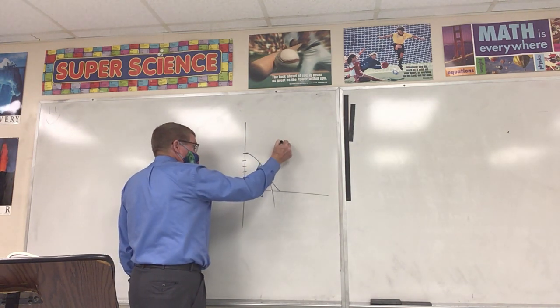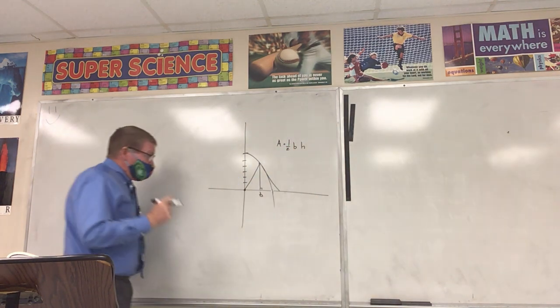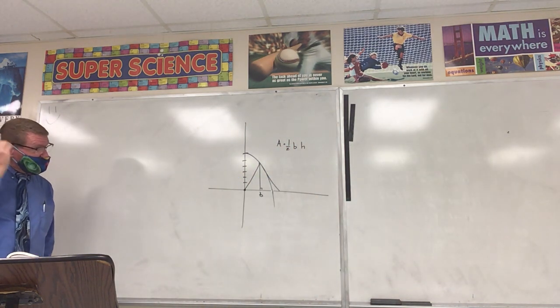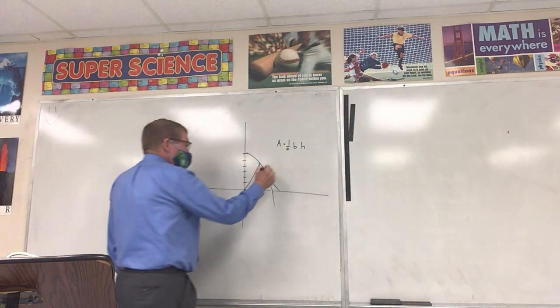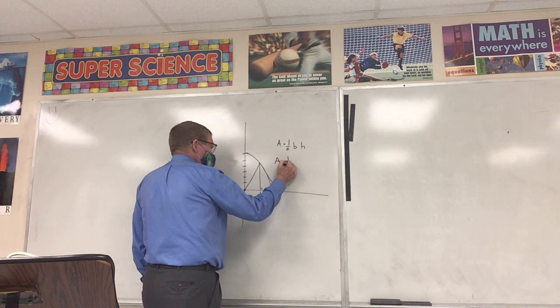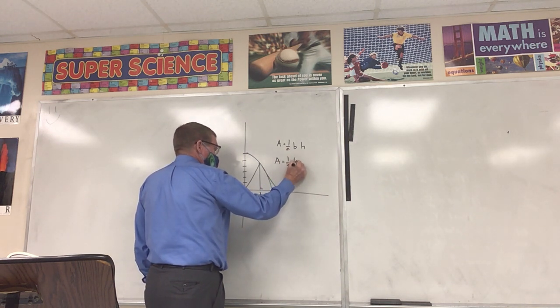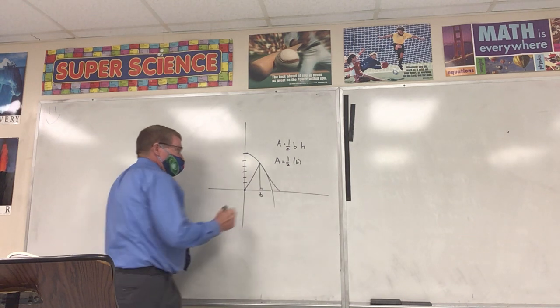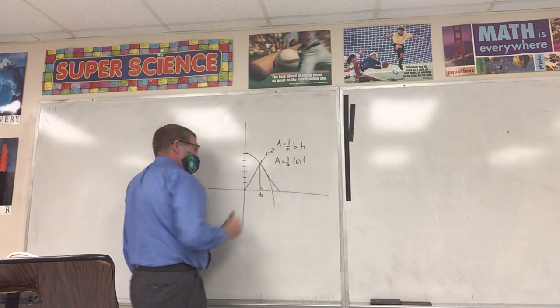Alright, area of a triangle is 1/2 base times height, correct? A equals 1/2. What's my base? b. What's my height? If this is 6 minus x squared,